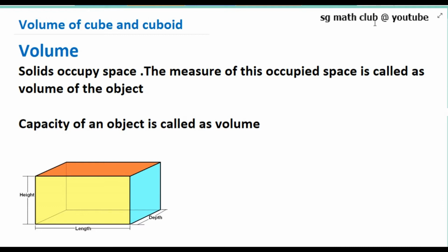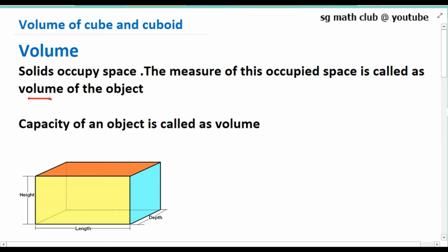We already learned about surface area of cube and cuboid. In today's video, we will see what is the volume of cube and cuboid. Cuboid is a solid shape and the solids occupy space, and the measure of this occupied space is called as